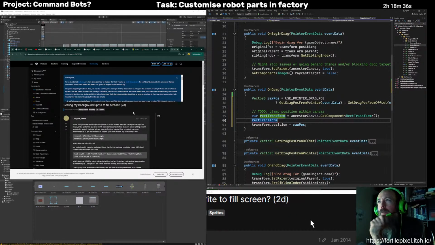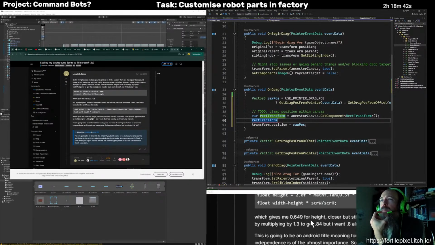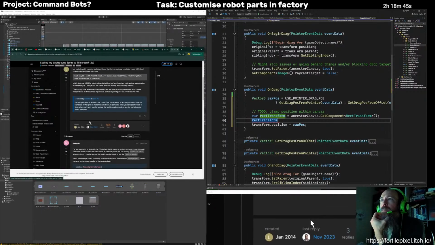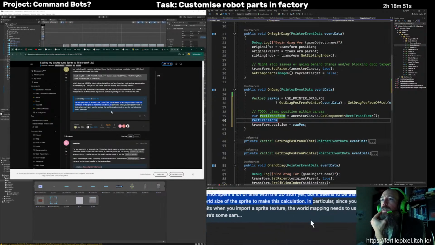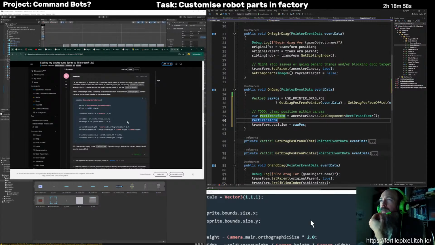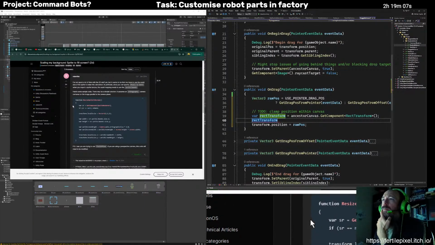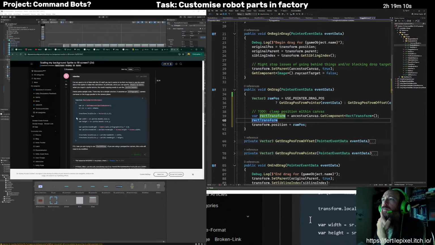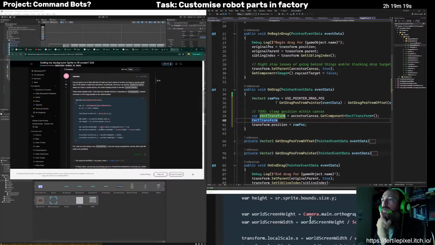The link didn't work, but I found it anyway. You have to use the world size of the sprite to make this calculation. This is using the camera's orthographic size, which is not what I need.